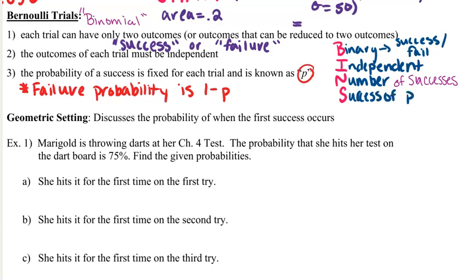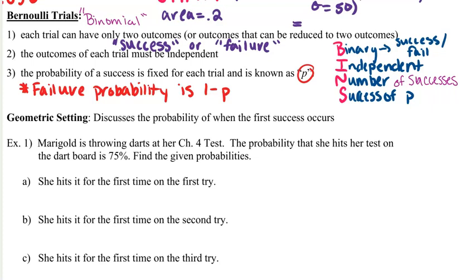So again, P, your probability is always going to represent success, and that's where that S is. Okay. So right below, it talks about a geometric setting. We're actually not going to look at that right now. I want to look at that later because